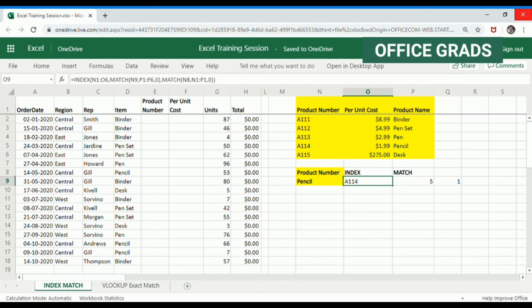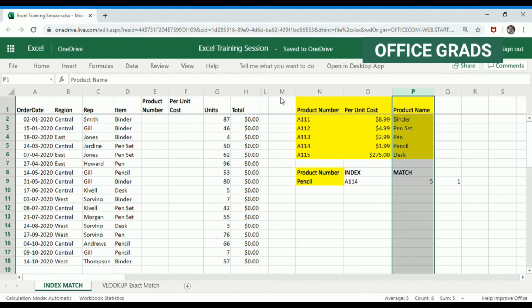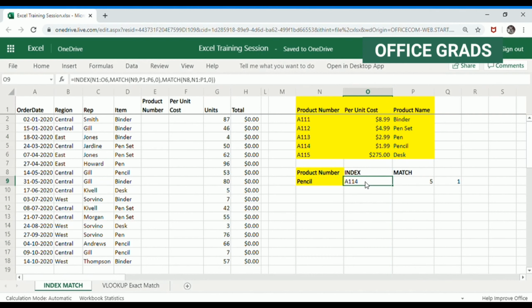You are not changing it manually, and you didn't have to cut and paste it before your lookup array, and so on and so forth. So that's why I did mention, guys, that it is a dynamic formula, and it definitely improves your efficiency and reduces your effort in calculating your column index number or a row index number, and so on and so forth, right? So why don't we go ahead and update this formula in this cell?